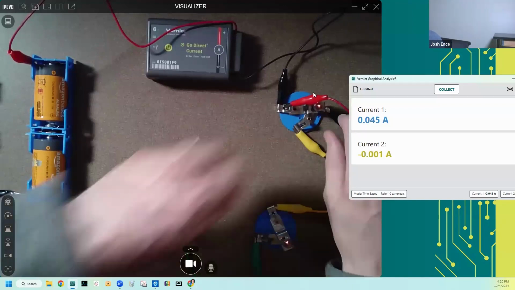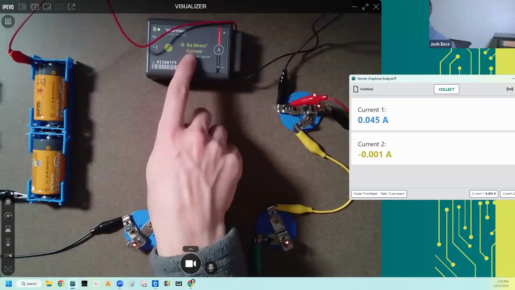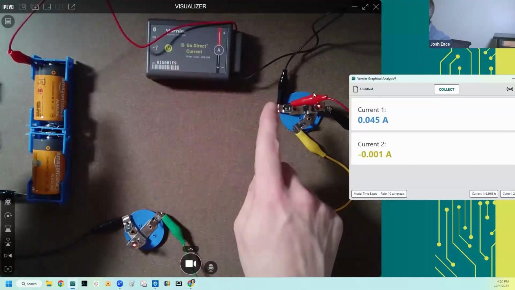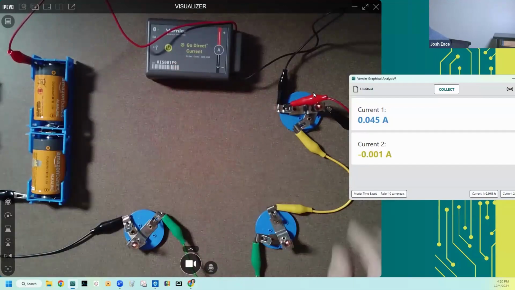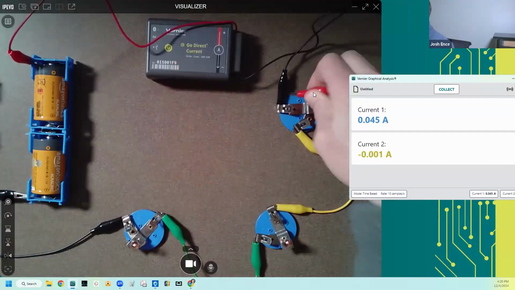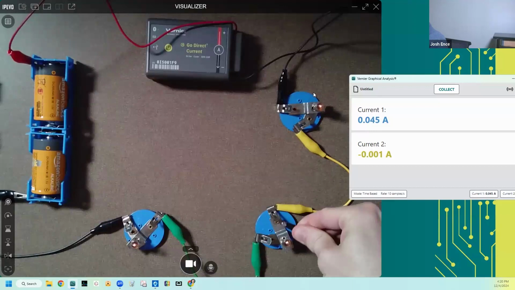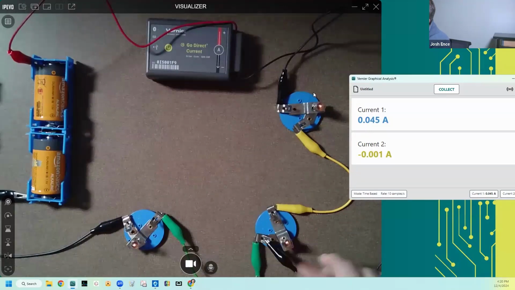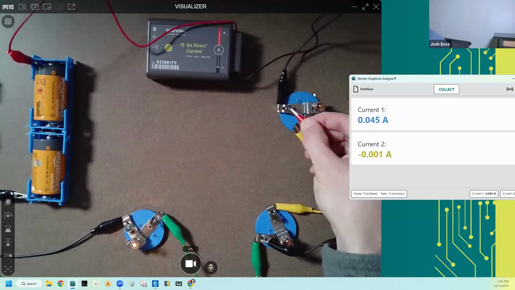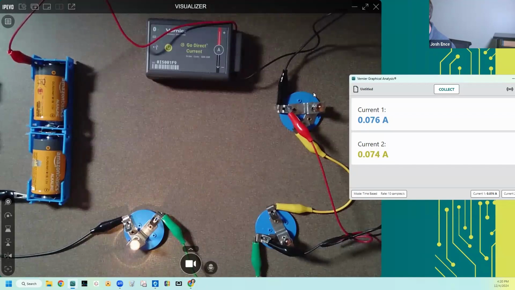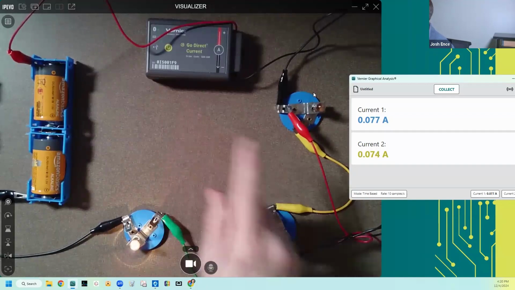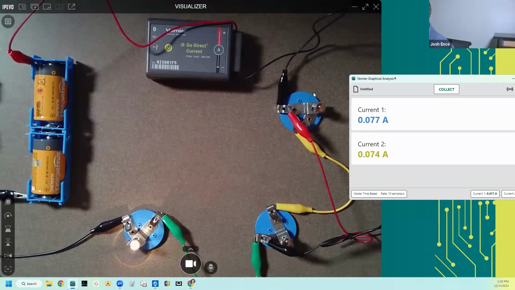Maybe they say, oh, well, the test current probe is connected to two different things. So maybe I should do the same. I should connect to two different things as well. And so I'm going to connect to this side here, and I'm going to connect to this one here. Whoa, now this one's really bright. My test bulb is really bright, and my current is really high, and both these bulbs went out, right?